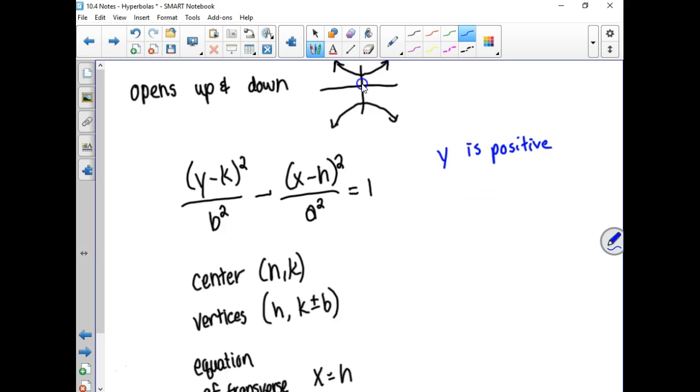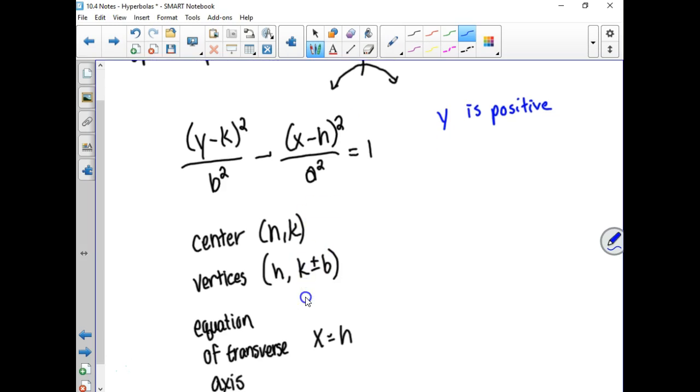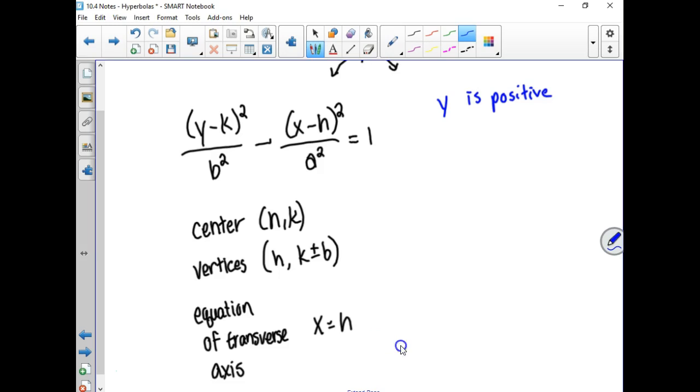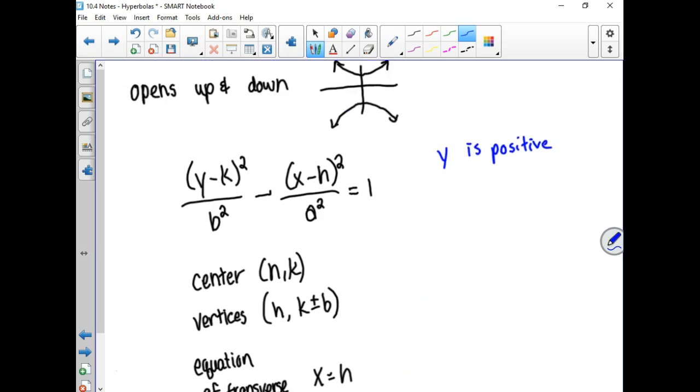In this case, if you're going up or down from the center, you would change the y coordinate, and then the transverse axis here is x equals h. So there are a lot of other things about hyperbola that you could get into. We could figure out how to find those